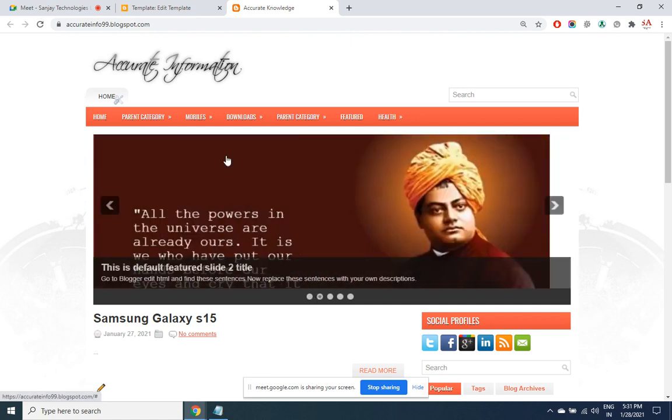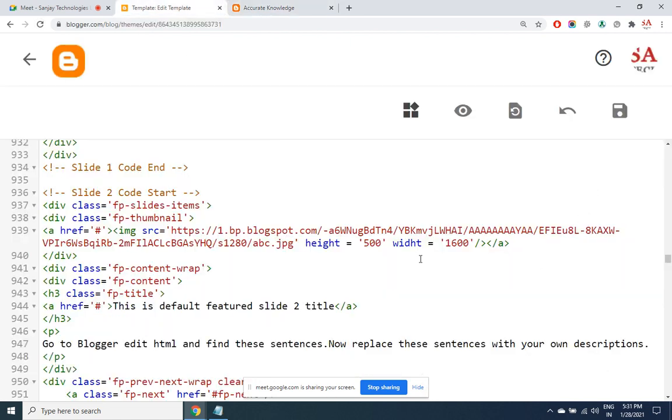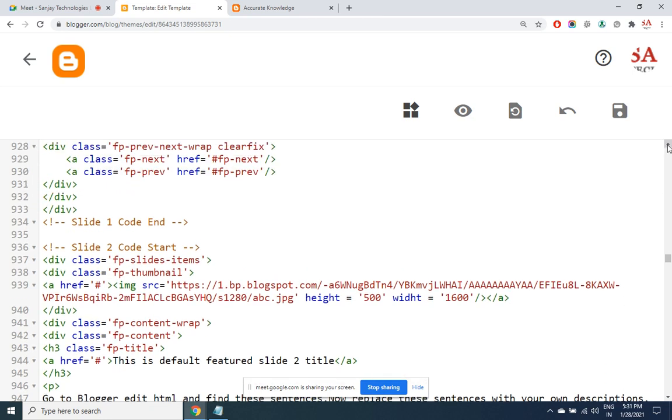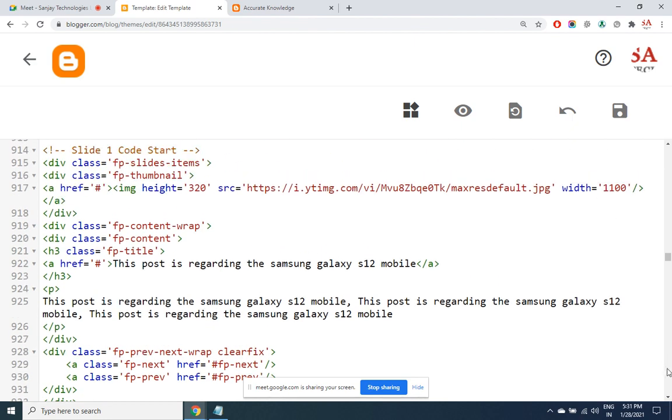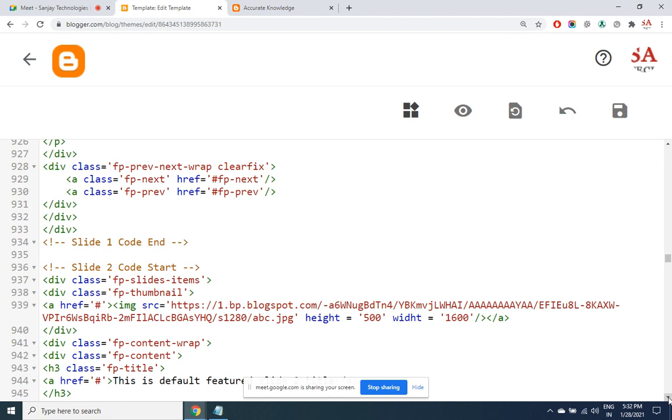Sanjay, please check the spelling of width. Oh, sorry. I think syntax error also, let's see. No, that's correct, right?